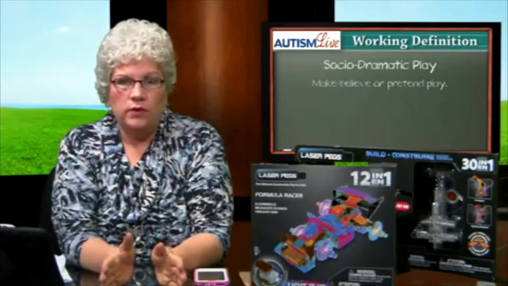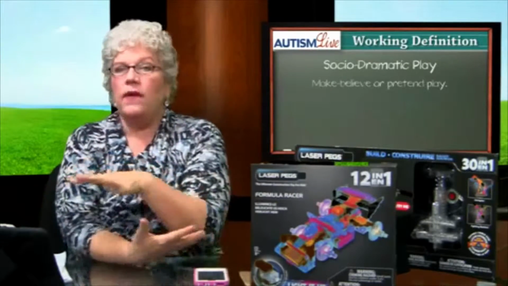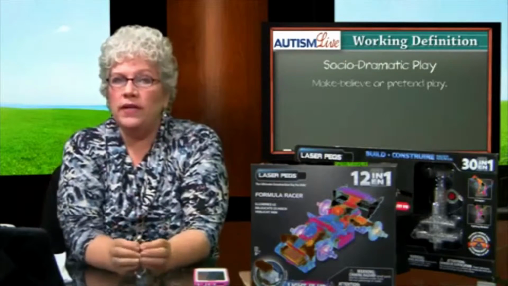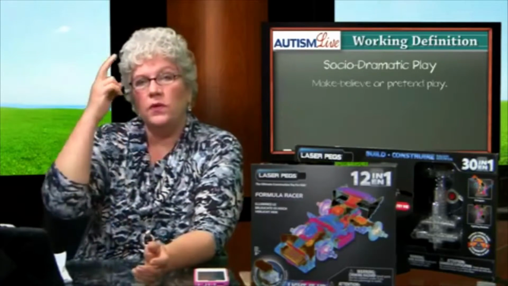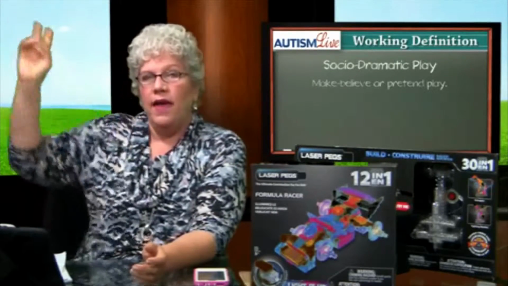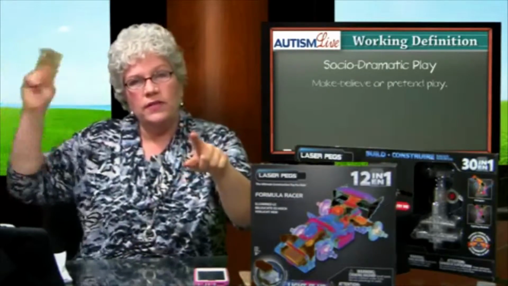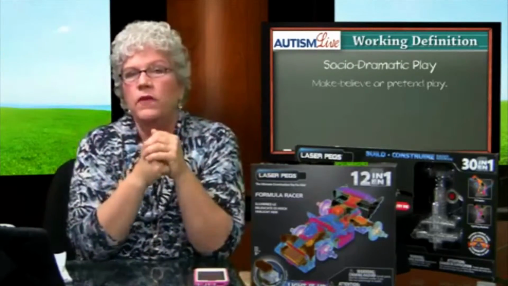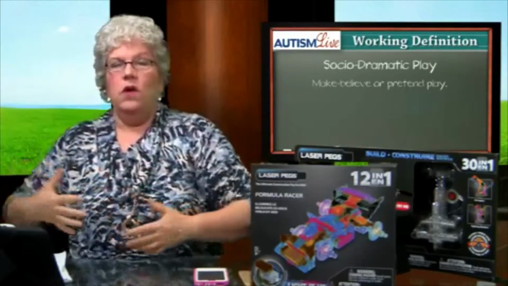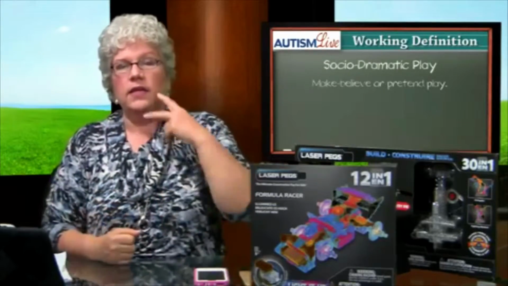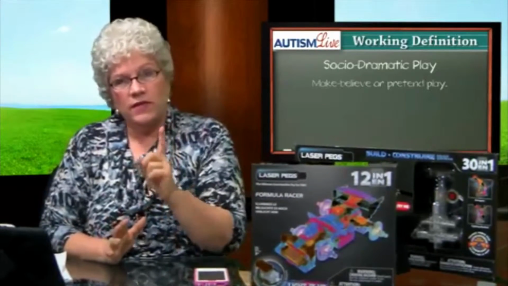Now, why is this so important? Well, first of all, it's important because there's an element of perspective taking. We talk about this all the time, that it's one of the things that we know is missing in individuals who have an autism spectrum disorder, is the ability to realize I'm thinking something and you're over here thinking something different, right? That what I'm seeing from my point of view is different from what you're seeing from your point of view. Well, when you have to take on a character, you begin to think about, well, what does a fireman do? Well, a fireman stands like this and he says this, which helps us to be in the mindset of a fireman. It's very sneaky, right?